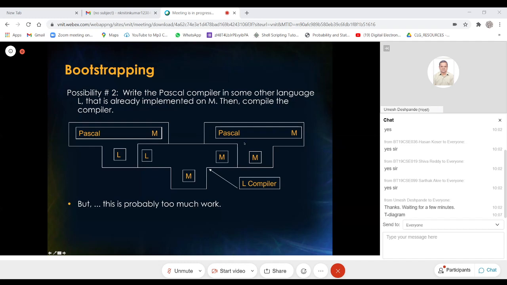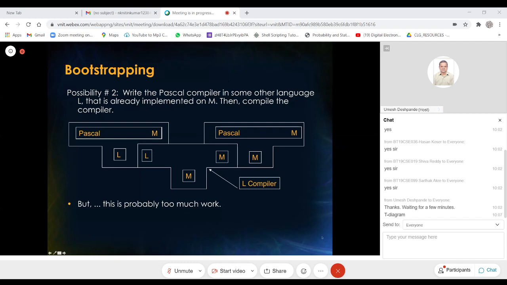So what is it that we have produced out here? Well, what we have produced is a Pascal compiler, that is, the executable version of the Pascal compiler, which works on this machine M. And now this entire block, which is this executable version of the Pascal compiler, can take any Pascal program, and it compiles that Pascal program into executable code which can now work on this machine M. And since we have the executable version of this Pascal compiler, the compiler itself can work on this machine M.